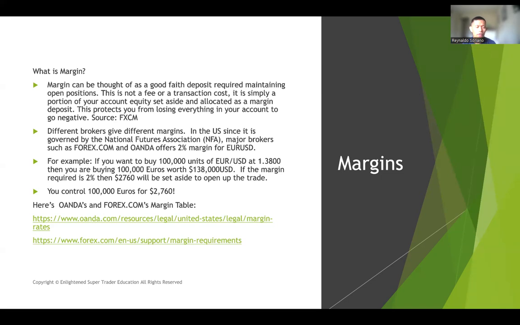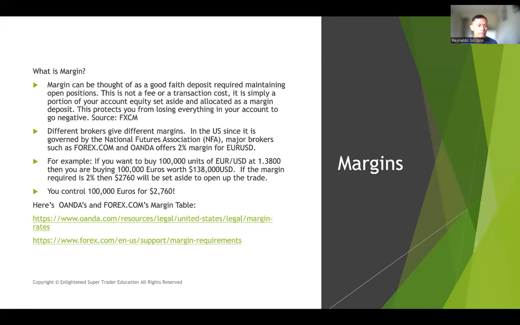Different brokers give different margins in the US since it is governed by the National Futures Association, known as the NFA. Major brokers such as Forex.com and Oanda offer 2% margin for, say, Euro US dollar. Please don't quote me on this. Do your homework, double check it, because sometimes they will change the margin requirements depending on how liquid or how